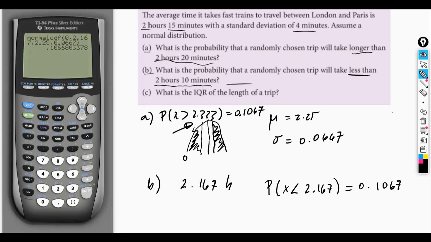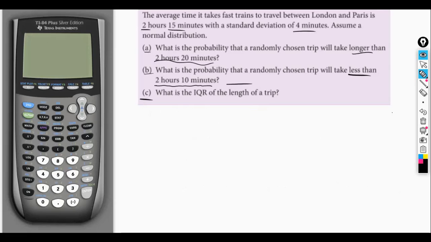But I leave that to you as an exercise. So now let's focus on part C. For part C, they want us to find the IQR of the length of the trip. So for this, we need the values for quartile 1, or 0.25 or 25%, and for quartile 3, which is